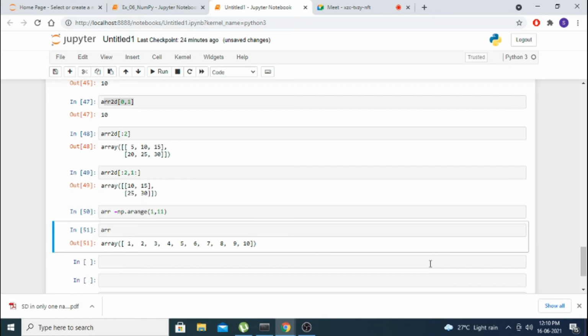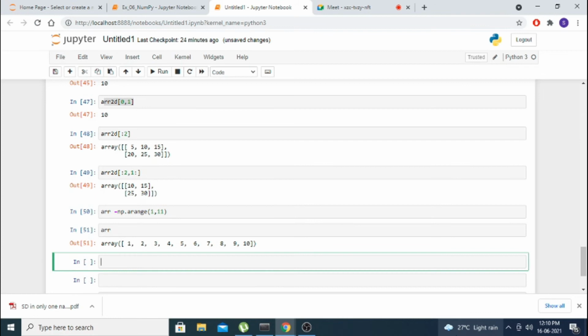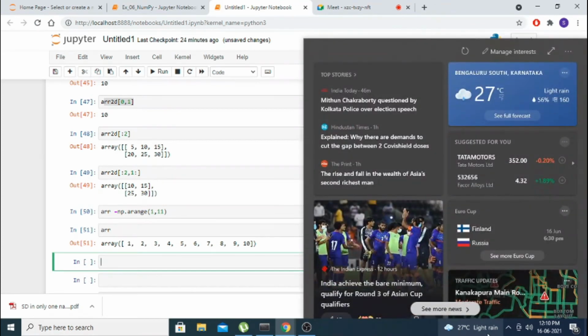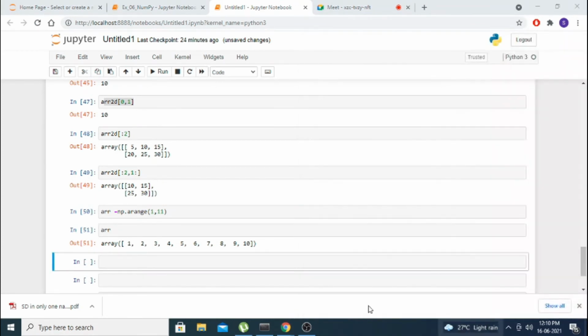You will get it. Now arr greater than 5.